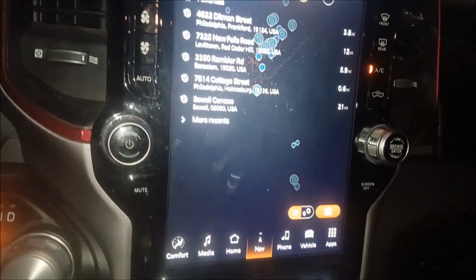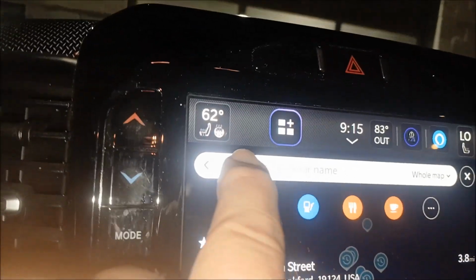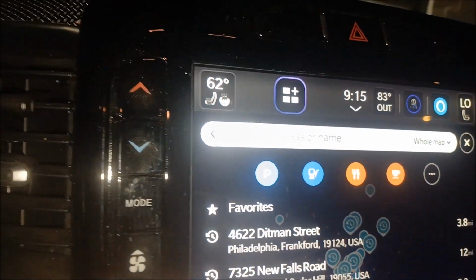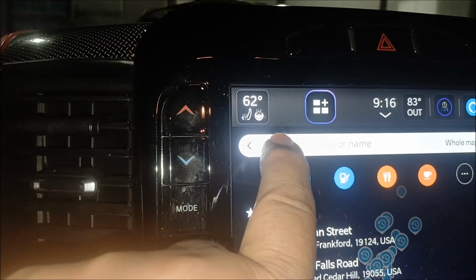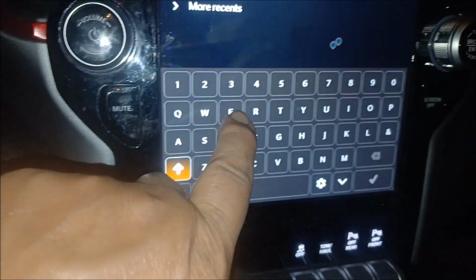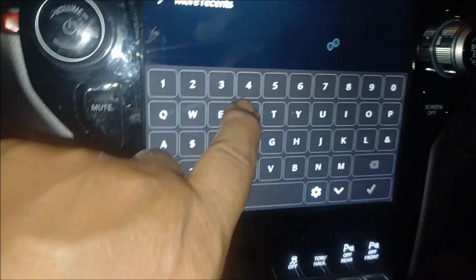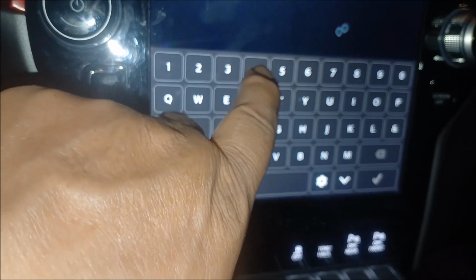You hit navigation, and then you go up to the top. It says enter an address. Now you usually have to be in a parked position for this to work. And we're gonna do, you could put Walmart, you could put an address. We're gonna go, let's see, we'll say